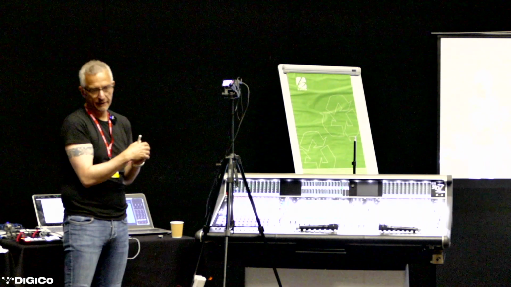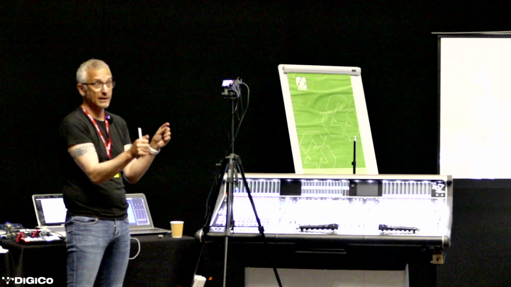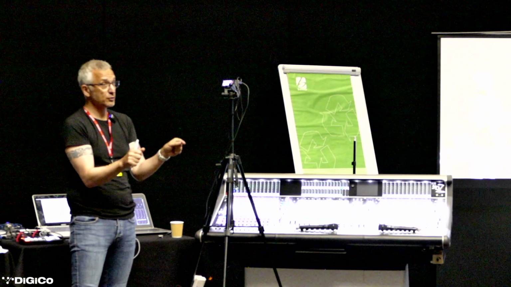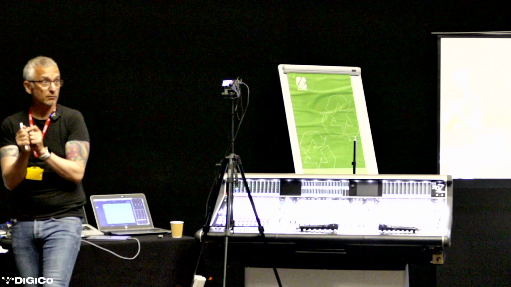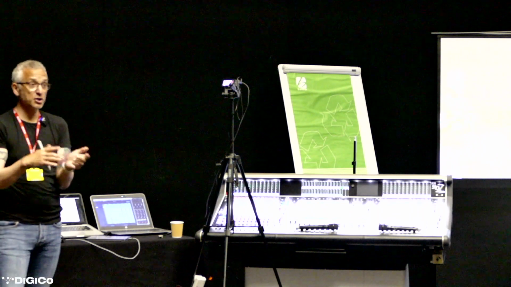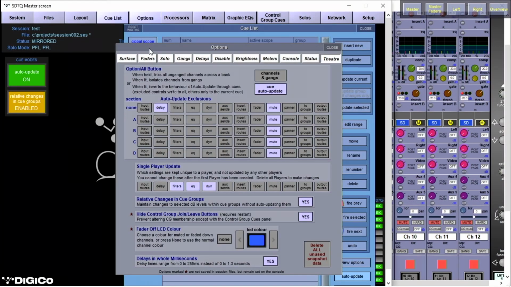But I think if you were to use the Option All button and make a change to something, because you know in that cue it's something different, I would only choose Option All if I'm sure that, when I make the change at least, I'm only going to use that once. If I'm going to do it another time, I'll choose another method. Yeah, so if I come in here and if I take delay off,